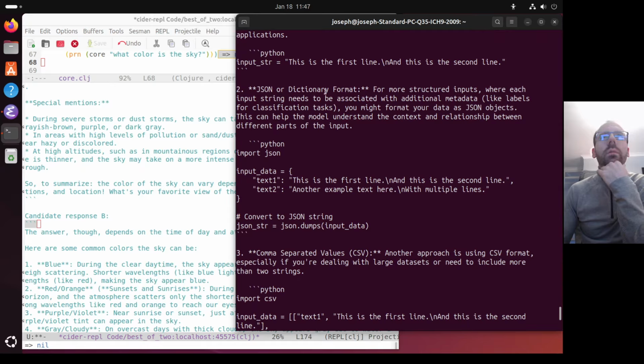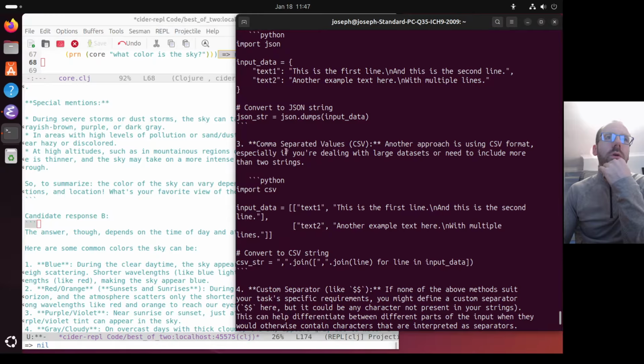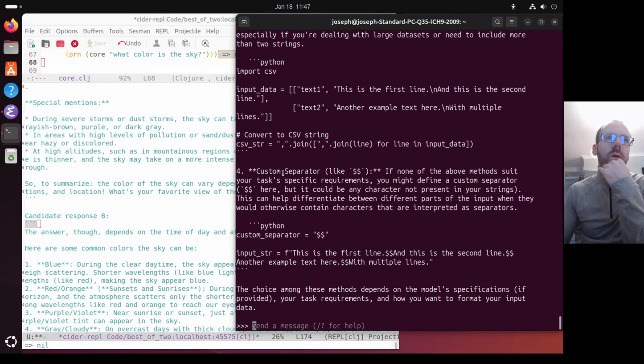JSON or dictionary format for more structured inputs. Yes, if it was a large language model that supports structured inputs. I don't know if Llama supports that. Can't really check because I don't have internet enabled on this machine, but